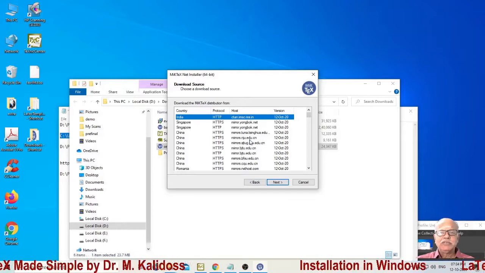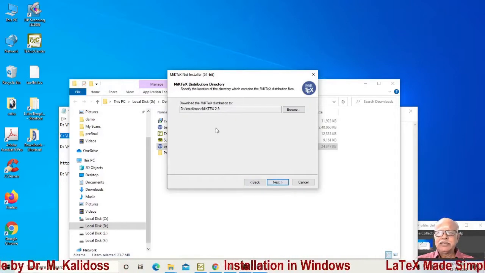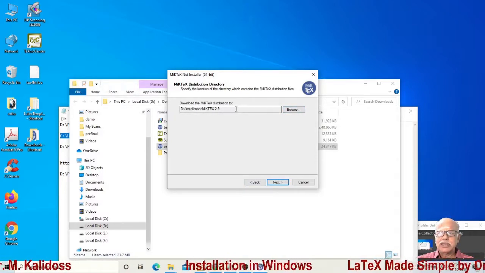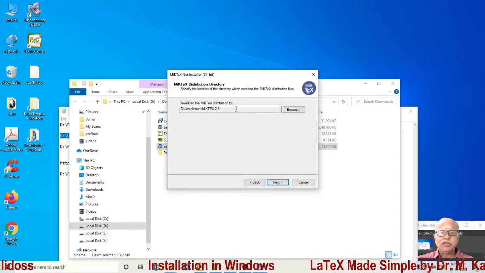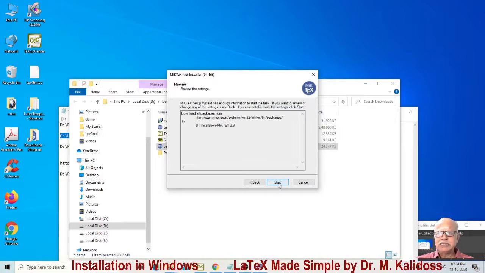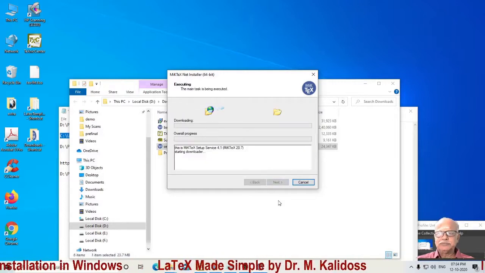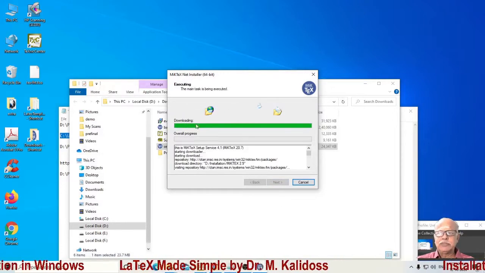Select the one which is very near to you and then click next. You have to browse and give the folder where you would like to download the packages, and then once you click start, it will start downloading the packages.